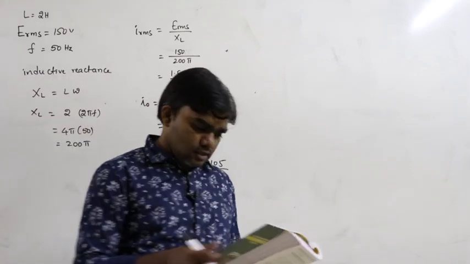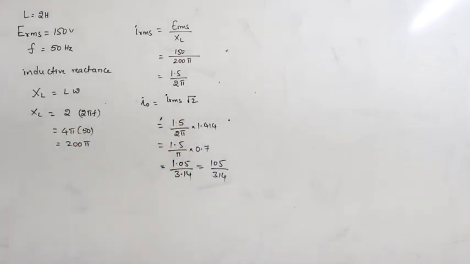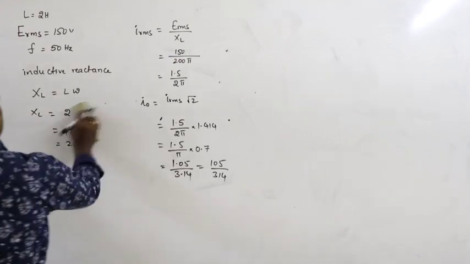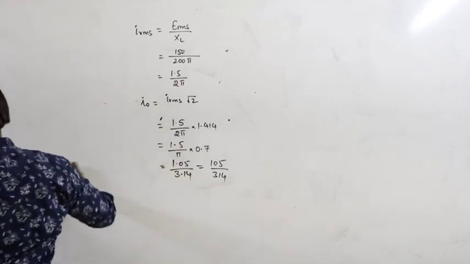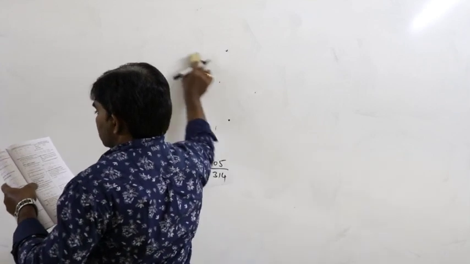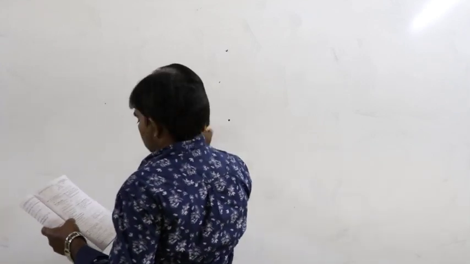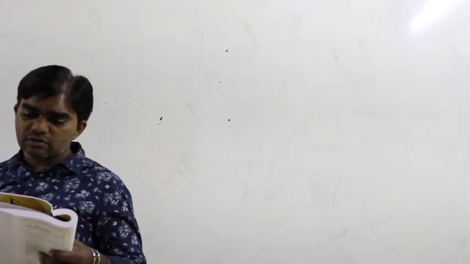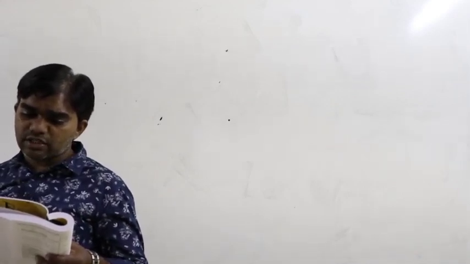Next, one more problem, same model. An inductor of 1 Henry is connected across a 220 volts, 50 hertz supply. The peak value of the current, the same we have to calculate. Next, a capacitor of 2 microfarad is connected in a radio circuit. The source frequency is 1000 hertz. If the current through the capacitor branch is 2 milliampere, then the voltage across the capacitor, that is what we have to calculate.